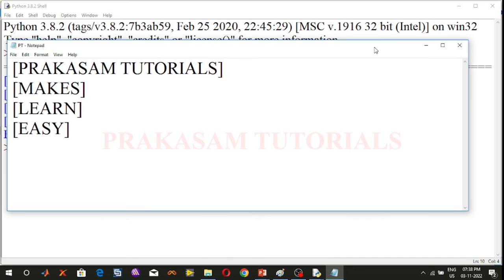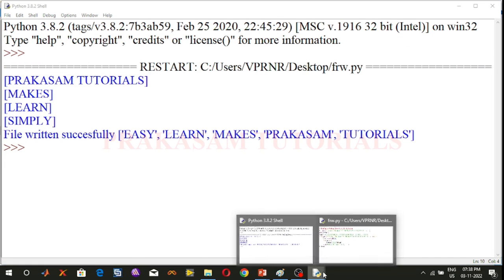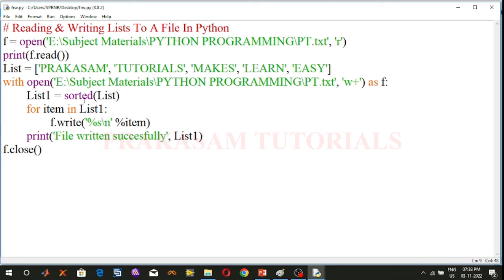Now we are in the program. Go to the program. So now here in the writing mode, change the file name: E colon, subject material, Python programming, slash pt1. Now here I will give the file name pt1. So in pt1, what we can observe is the sorting order of the given list: easy, learn, makes, Prakasam tutorials. That we can observe in the pt1 test file,